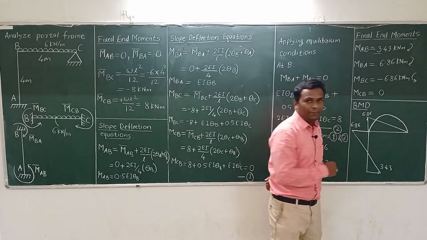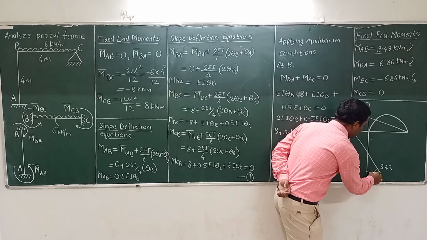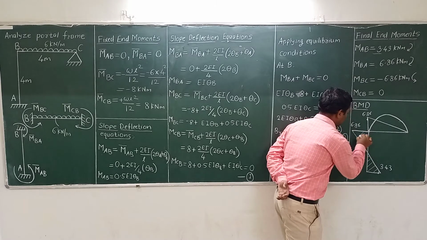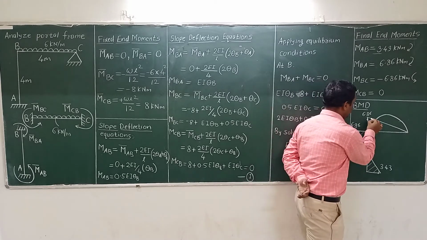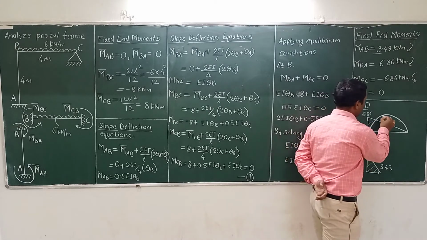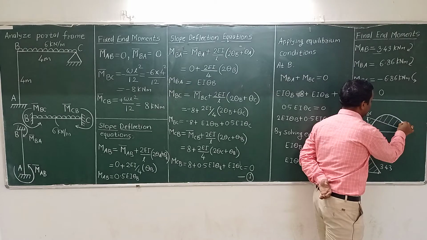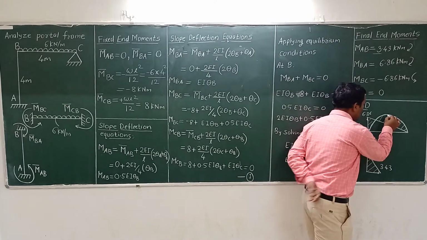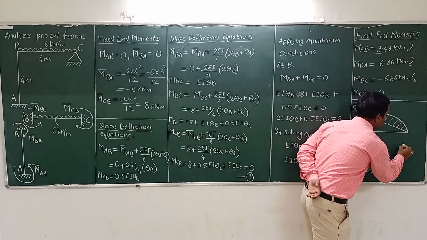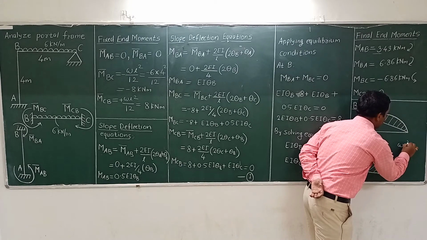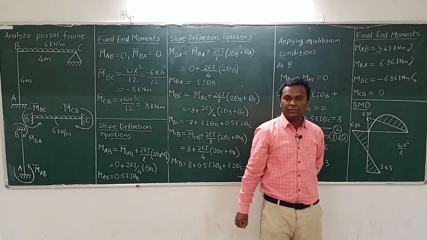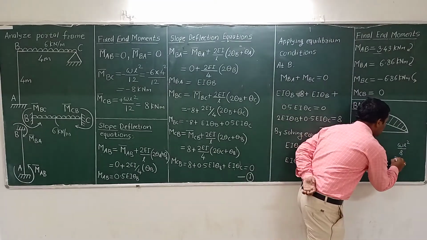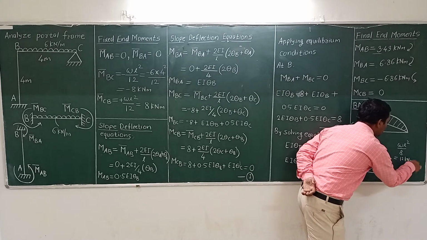Now we have to show the uncommon part of it. So just show the uncommon part. This is uncommon part, this is also uncommon part, and this is uncommon part. Now in this case, if you see this total value of this parabola, it is nothing but equal to WL square upon 8. That is the maximum bending moment for this parabolic bending moment diagram, and its answer is 12 kilonewton meter.